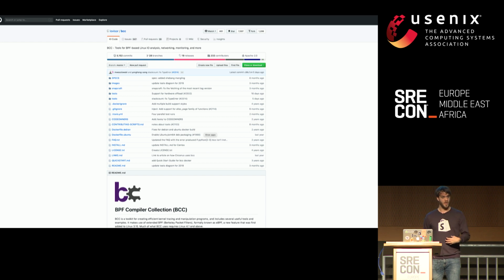Like, for example, when we built Network Monitor, it was in Go, and there's a Go BPF library that you can use where you can feed it one of these programs and attach it very easily. There's also a lot of really good example programs and tools that just come with the BCC repo. So if you're interested, I encourage you to check out the IOvisor project and look through their examples and see some of the stuff that they do.